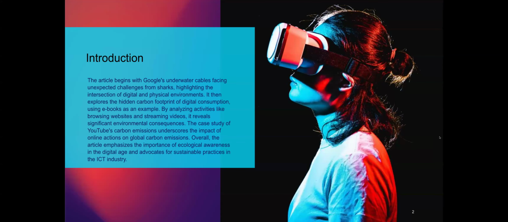So this article begins with Google's underwater cable facing unexpected challenges from sharks, highlighting the intersection of the digital and physical environments. It then explores the hidden carbon footprint of digital consumption, using an ebook as an example, by analyzing activities like browsing websites and streaming videos. It reveals a significant environmental consequence. The case study of YouTube carbon emission underscores the impact of online actions on global carbon emission. Overall, the article emphasizes the importance of global awareness in the digital age and advocates for sustainable practice